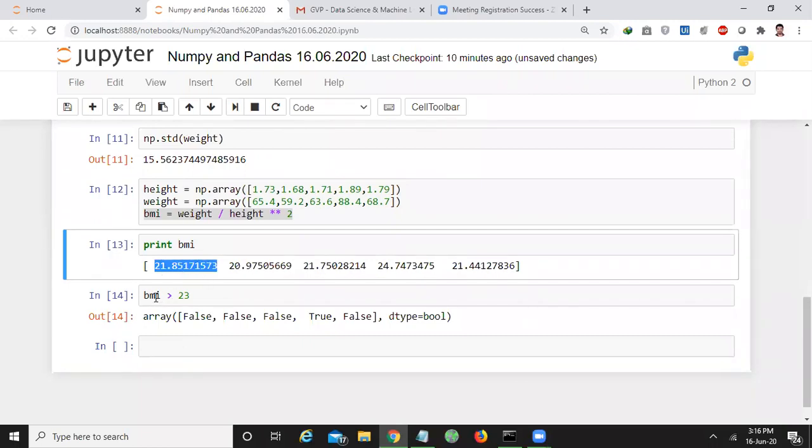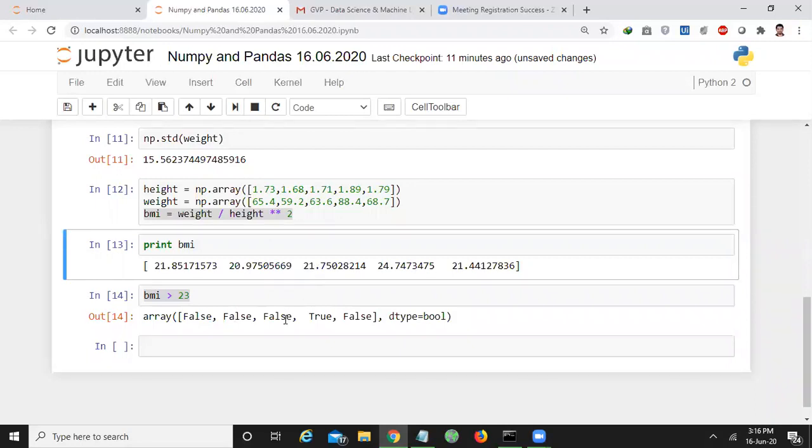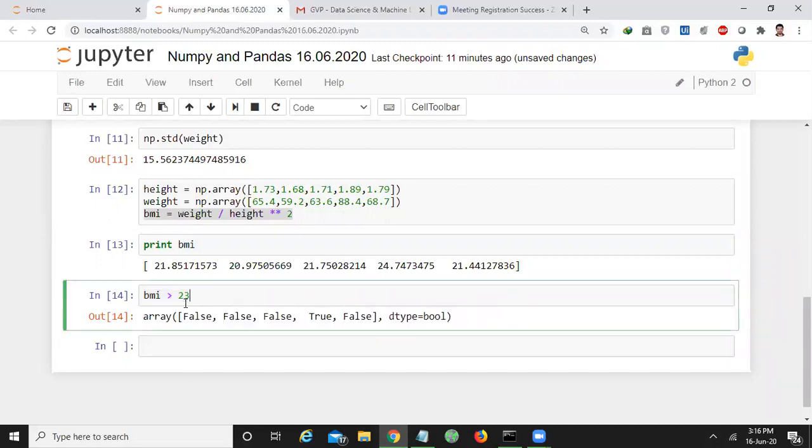But my condition is body mass index must be greater than 23. So what is the value that you got here? False. Similarly, for the second person, you got false. And third person also you got false. But the fourth person, 24.7, is true. Why? Because his body mass index is greater than 23. And the last person's is also less than 23. That's why you got the Boolean value as false.